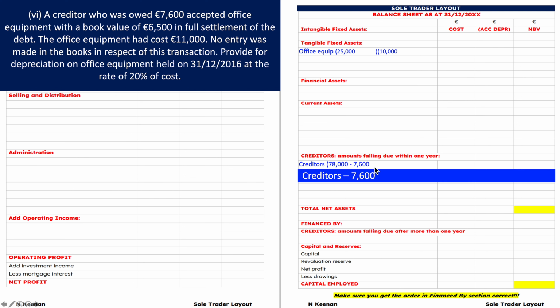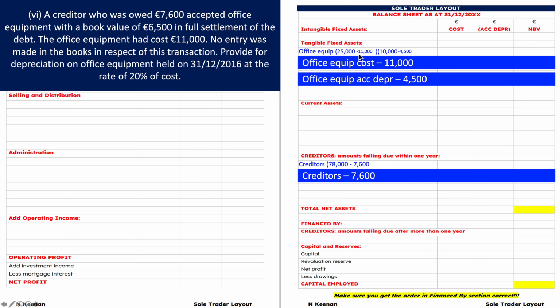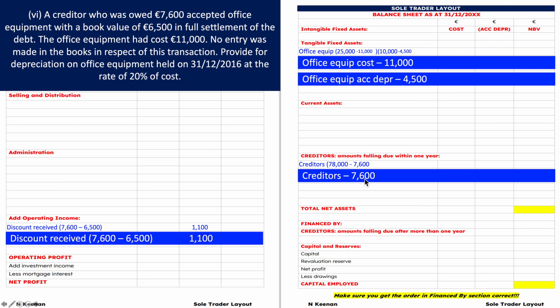So the creditor was owed 7.6 and they took equipment in full settlement, so we no longer owe the 7.6. The equipment had cost 11, so we'll take the cost away from there. And the depreciation on that equipment over the years was 4,500 because it had a book value of 6.5 and it had cost 11. So that's 4,500 accumulated depreciation. Now, the creditor accepted something worth 6.5 for a debt of 7.6. So the business got a discount of 1,100. That's the debt to the creditor minus what they give them in return. So 1,100